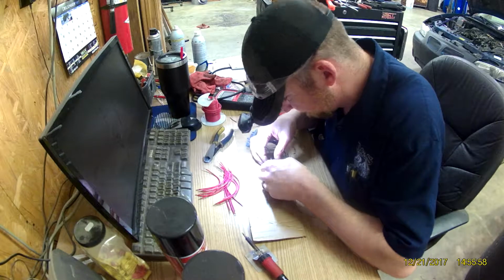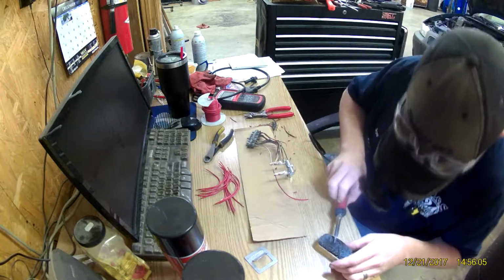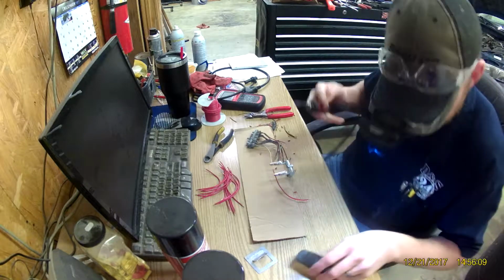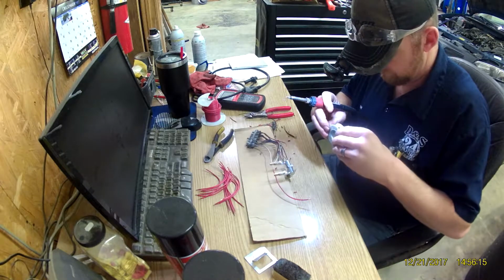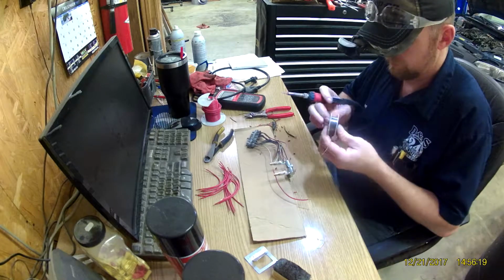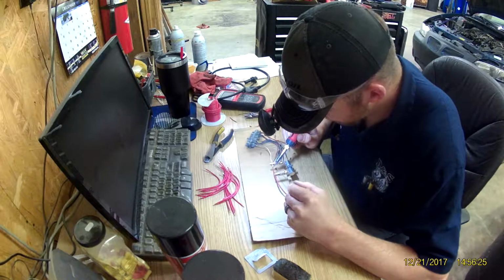Okay, so I'm setting this up, getting ready to solder these together. Now, what you're going to see me grab here in just a second is my little soldering iron cleaner. It's basically a cotton rag that's in a little plastic tray there. I fill the tray up with water and it'll clean all the crap off of the tip of the soldering iron. But the pigtail I'm working on is the plug-in for an ignition module on a General Motors 3.8 liter